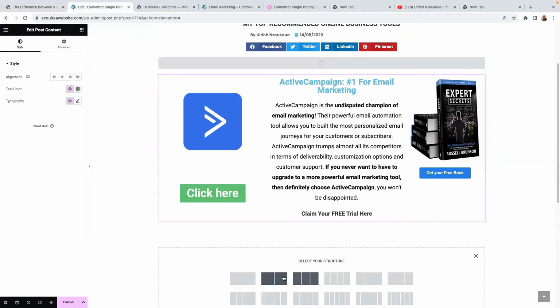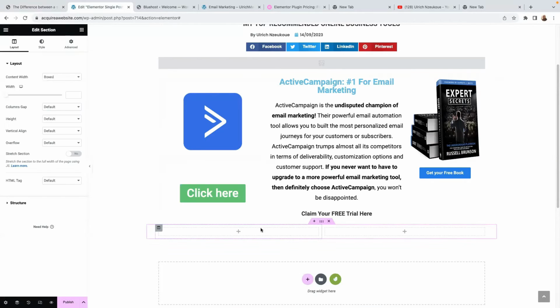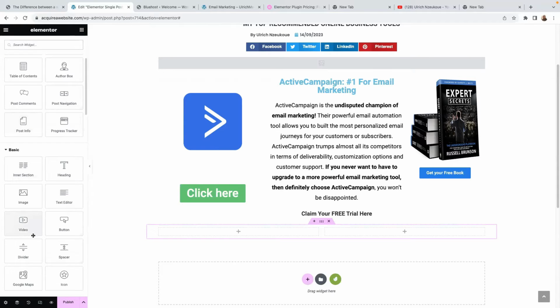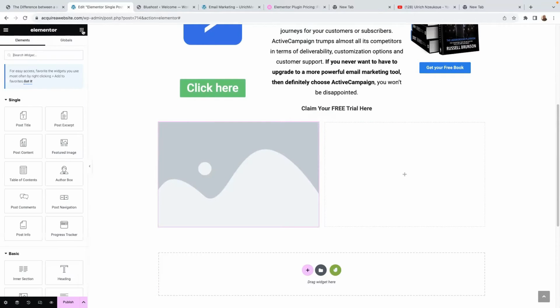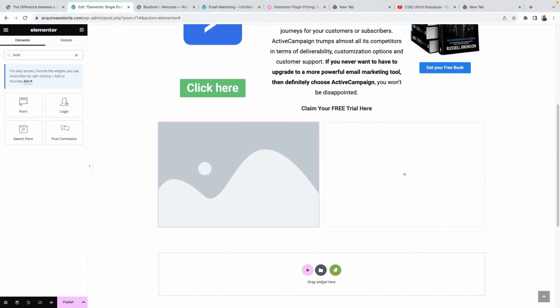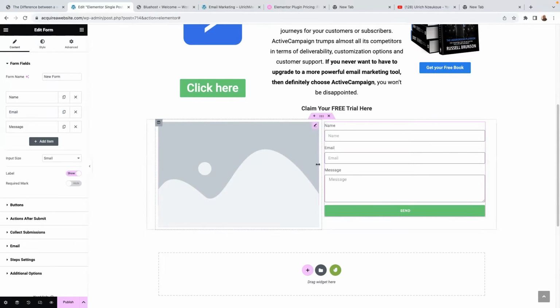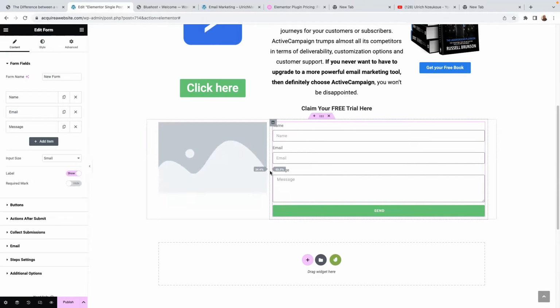Now we need to create that. So you need to add a section with 2 columns. And the first one is going to be an image, just a normal image. So we're just going to drag an image there. And the second one is going to be our form. So if you don't find form, just type form and the form will appear. So I will need to play around with this a little bit, right? Just like that. So I'll say 30, 35,